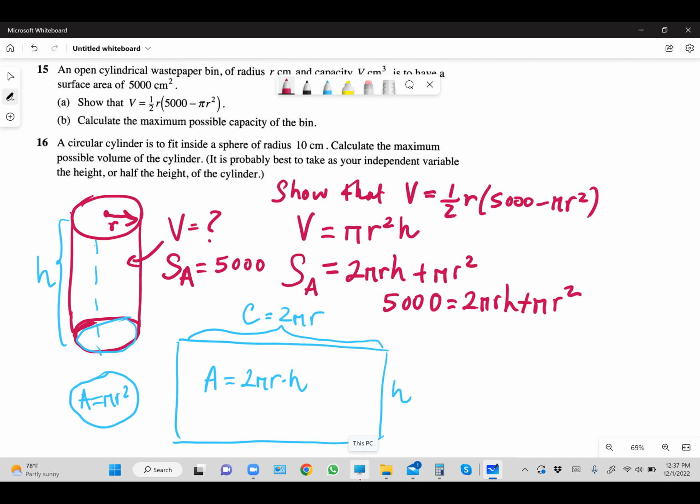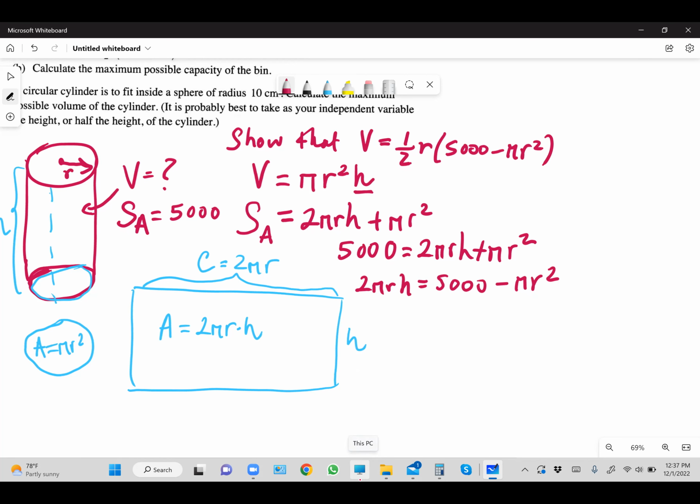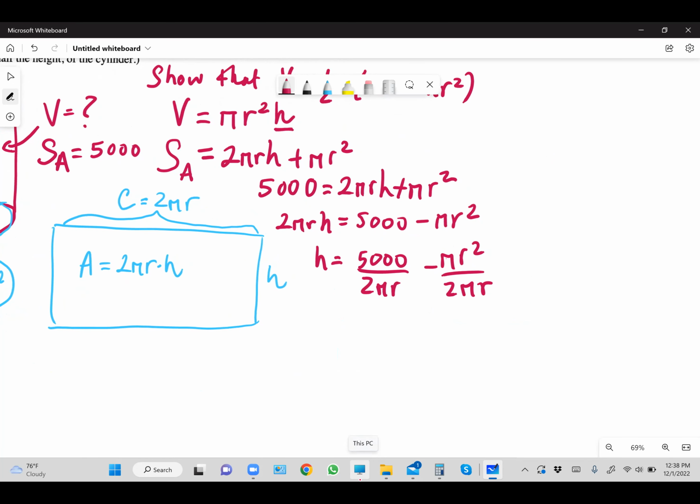Now, if I can replace that H with everything in R, then I'd be in a good spot to show that the volume is equal to half R times 5,000 minus pi R squared. So I would rewrite this as 2 pi R H equals 5,000 minus pi R squared. Then H equals 5,000 divided by 2 pi R, minus pi R squared divided by 2 pi R. So we have H equals,